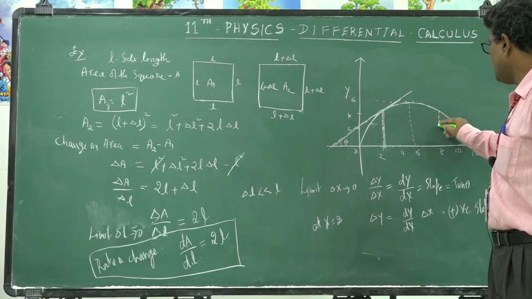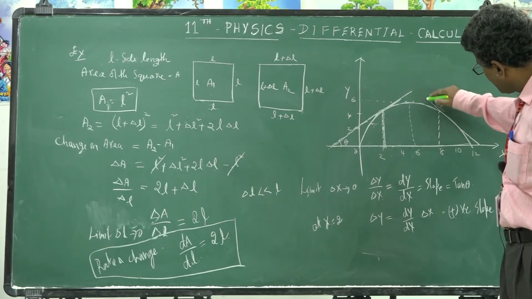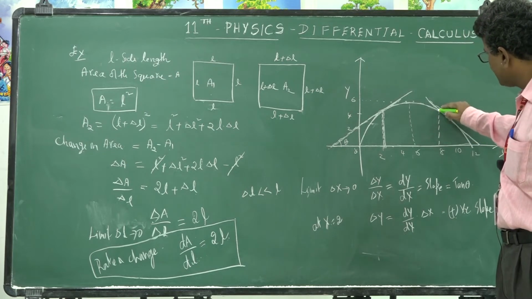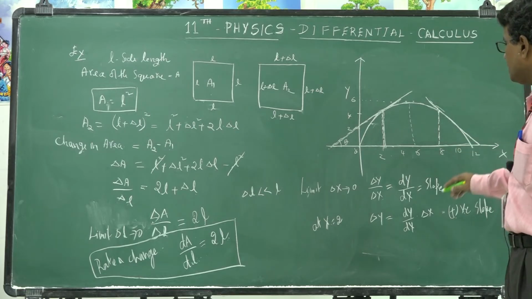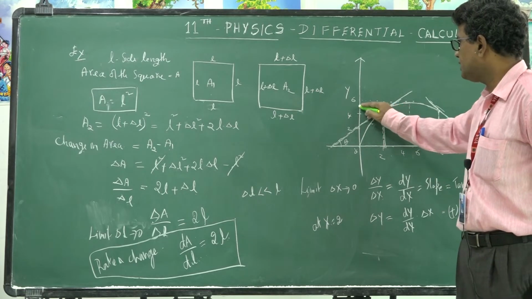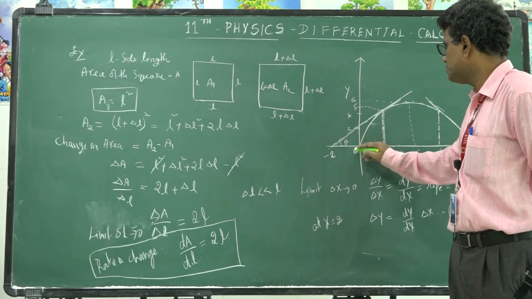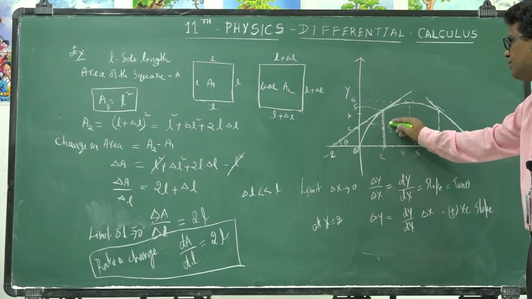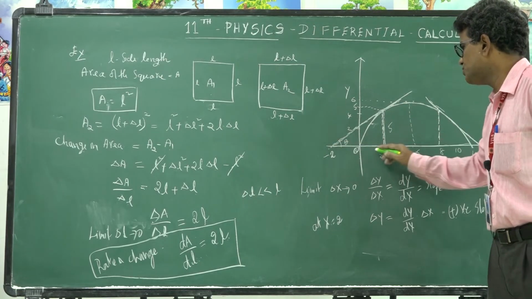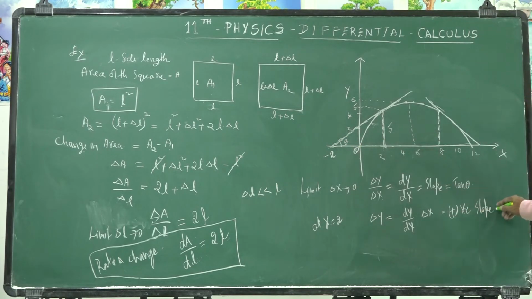You see at 8, you draw a slope here, and you will find at 8 the slope is negative. Here the slope means you get a corresponding value of 5. Let it be minus 2, 0. This value becomes 5. Let it be 4. From minus 2 to 2 is 4. So the slope here is plus 5 by 4.